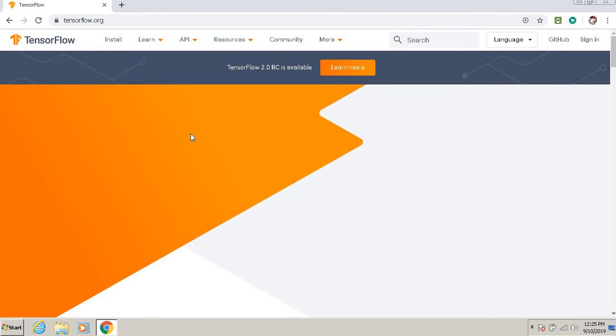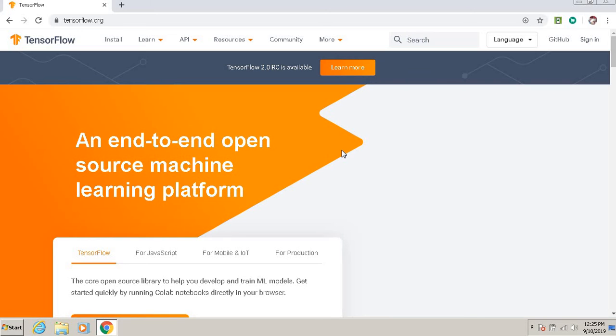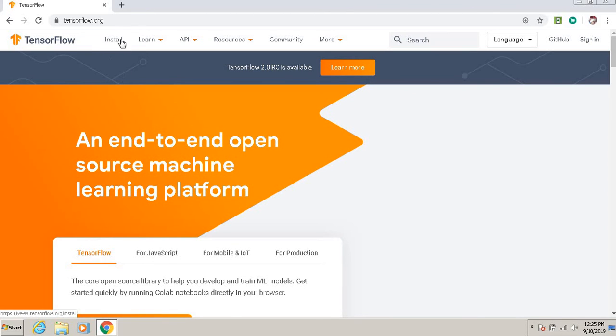So you can have the homework that you can log into this website, sign in with your Gmail account, and execute the simple MNIST problem on cloud, or even you can do that on your machine by installing TensorFlow.